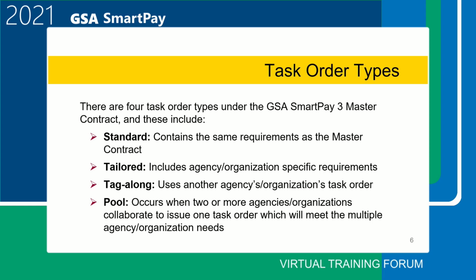The tailored task order includes agency customer-specific requirements. Agencies and organizations solicit all contractor banks for desired Tier 1 core and Tier 2 value-added products and services tailored to meet agency-specific requirements. Requests to contractor banks include a comprehensive statement of work and instructions for submission of technical and price proposals. Proposals are evaluated by the agency following established evaluation criteria, and award of a tailored task order